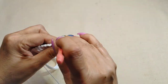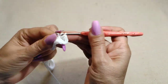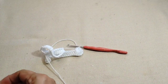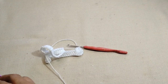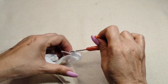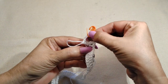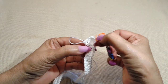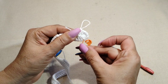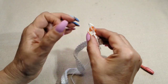And then I'm coming on that very first one where I did the chain stitch and starting my first double crochet. So I'm going to put the markers on so you guys don't get confused. So I'm going to put a marker. So we have that last double crochet 1, 2, 3, 4, 5, 6 for the oval. I'm putting a marker right after that 6th,